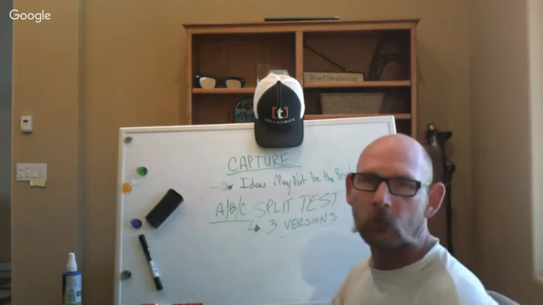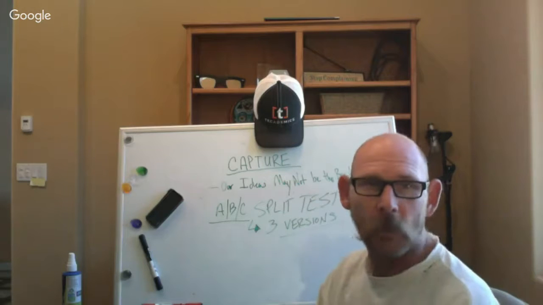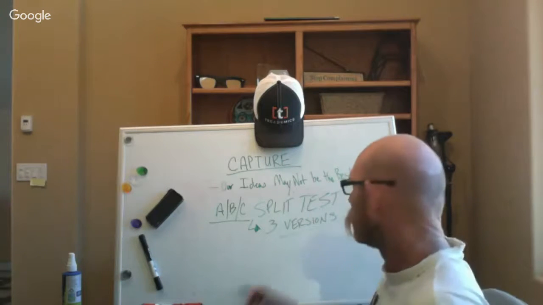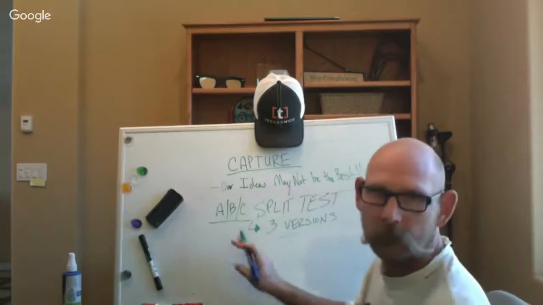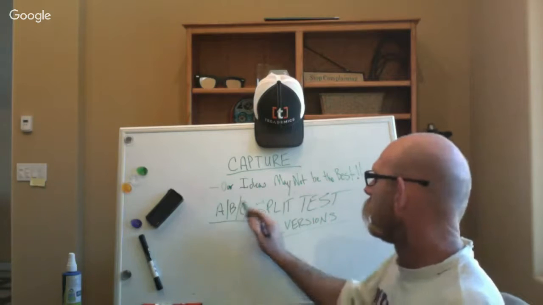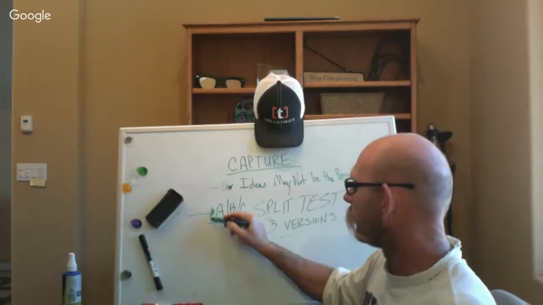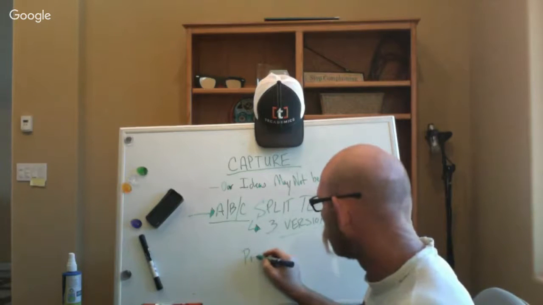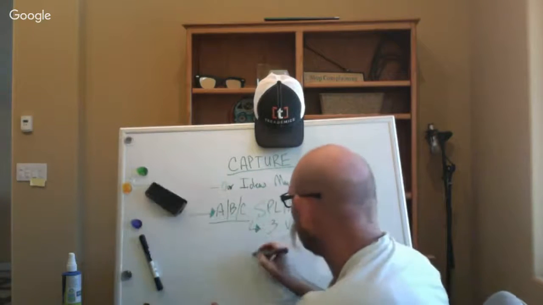I know a lot of you are thinking, oh my gosh, Bert, I barely know how to make a first capture page. How am I going to make 3? I'm going to make it simple for you. In this basic model, the first idea is that you're going to actually make 3 of everything. This is how you're going to pick. Let's write select. You're going to choose or select